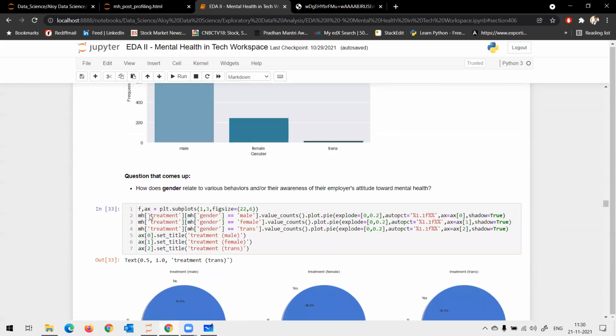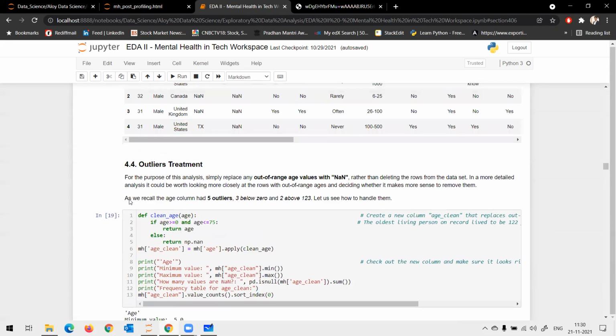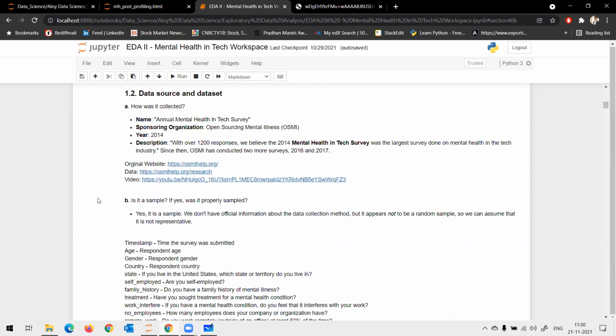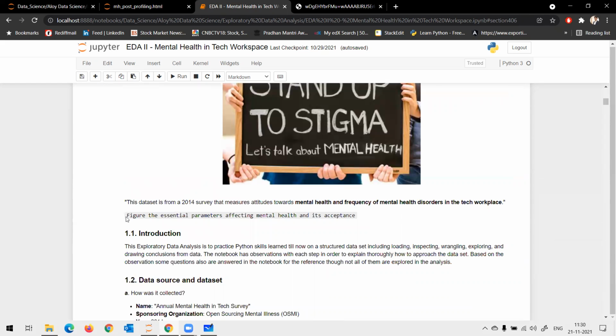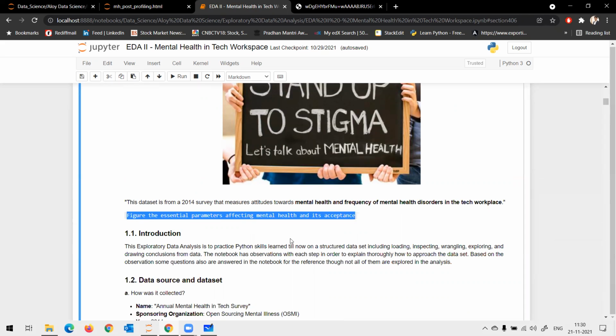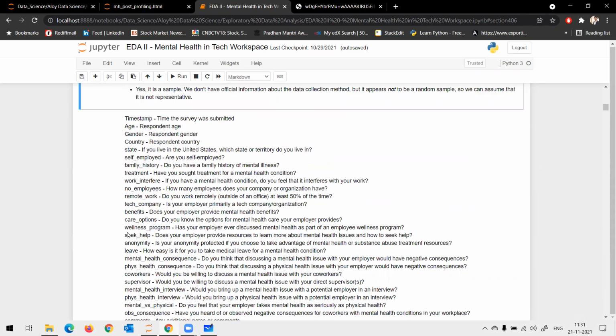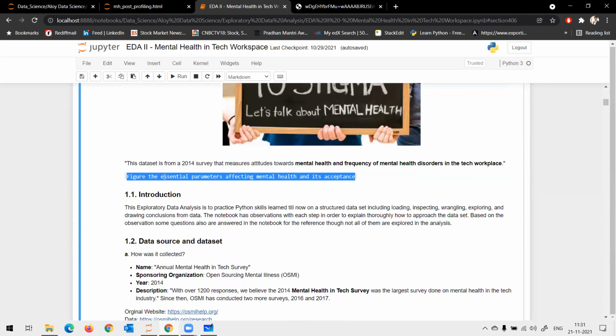If you see the problem statement, my problem statement is to figure out the essential parameters affecting mental health and its acceptance, correct? Out of all these parameters, I need to find the essential parameters affecting mental health.